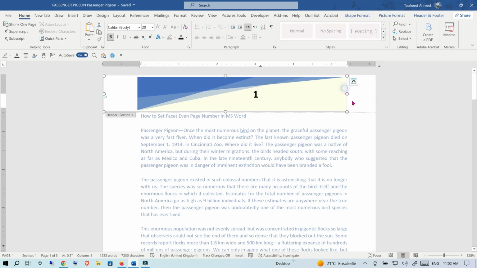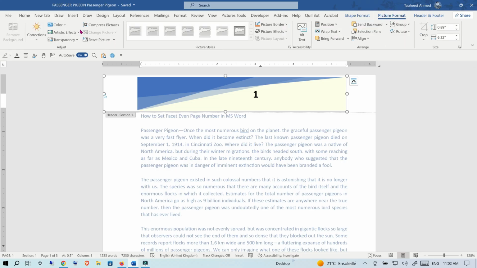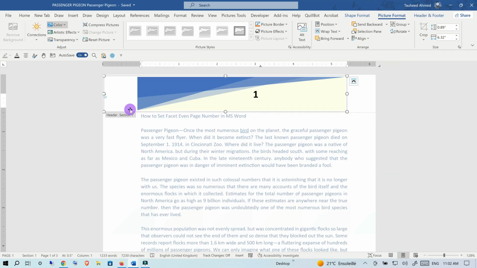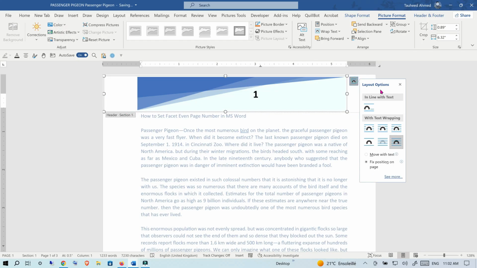Click the outer part of the Facet even page number and go to the picture format, color, and here you can give more recolor, and here is the more variation. You can select one of them. These are the color saturation and transparency. You can change any of which you like. For example, this is the blue area. You can click on this option, make sure it should be in front of text,